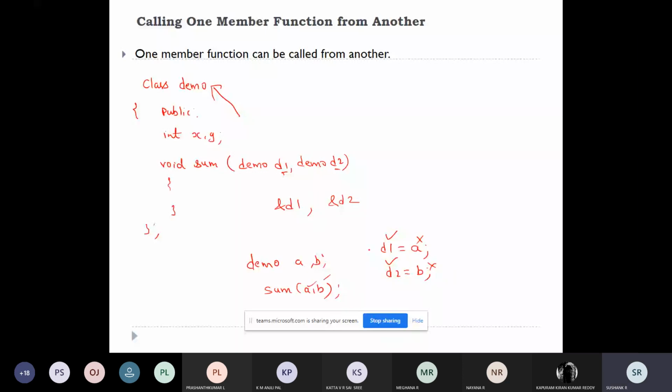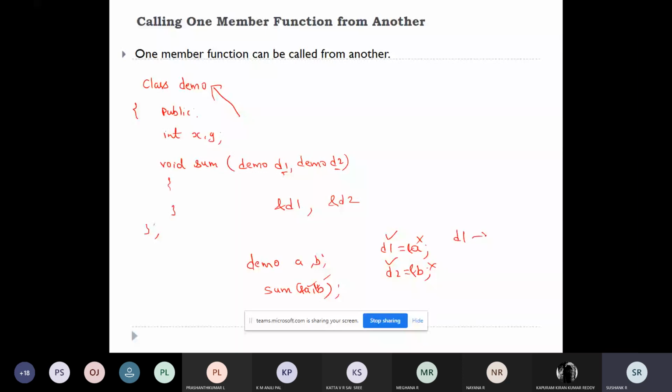This is passing by value. But if you are passing by reference, you are passing the address of this object, which means it will contain only a single copy. Any changes which you are making in d1 will get reflected in a.